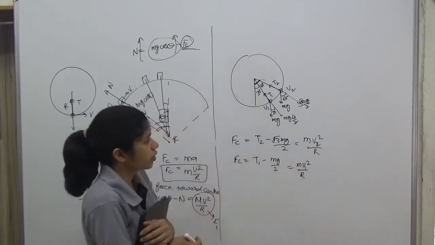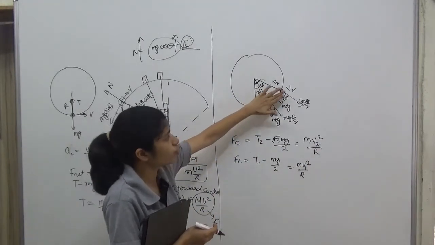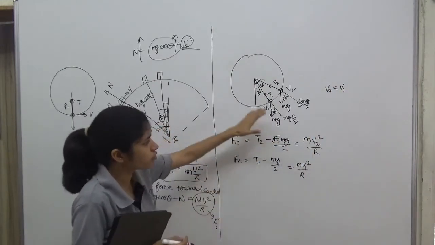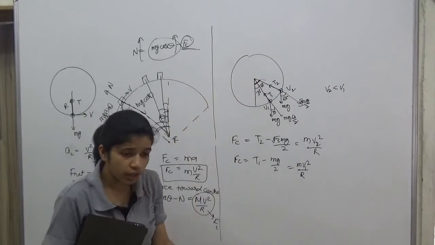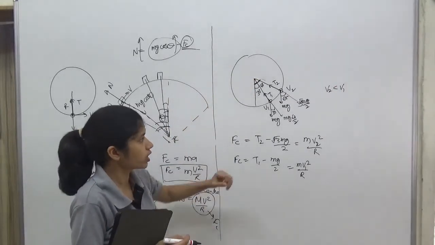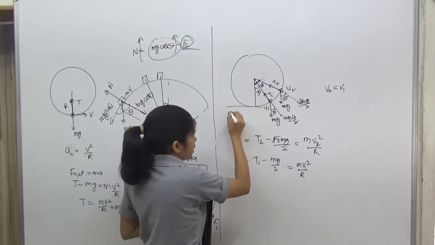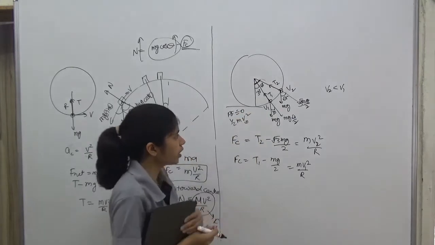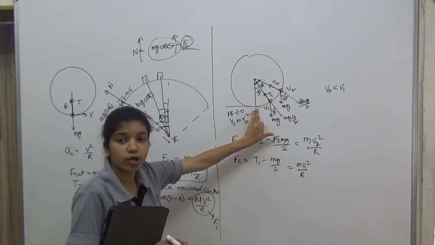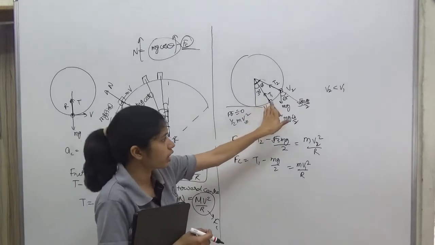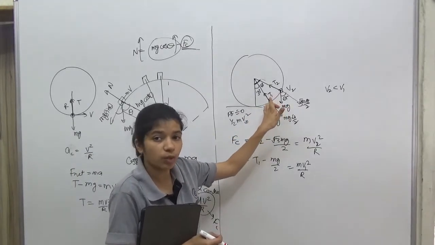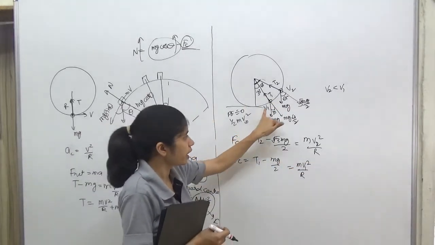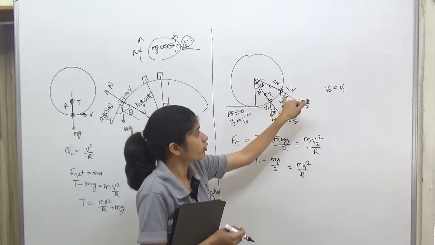Now this is sure that velocity v2 will be less than velocity v1. Why? Because we have the mg force, which is decelerating the particle. At this point we had taken potential energy 0 and kinetic energy half m v bottom square. So at this point the complete energy was in the form of kinetic energy. When it is going up, some part of the energy is converting into potential energy. It means kinetic energy will decrease, so velocity will decrease. So slowly v1 will be less than vb and v2 will be less than v1.